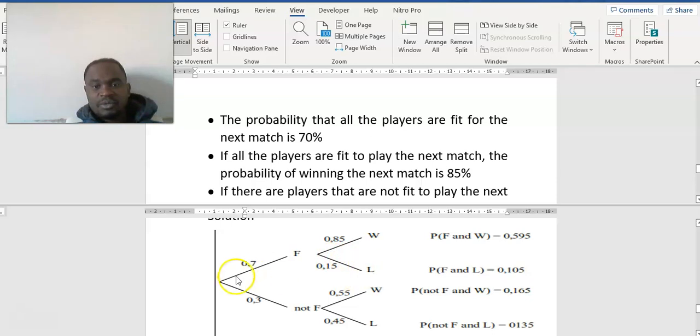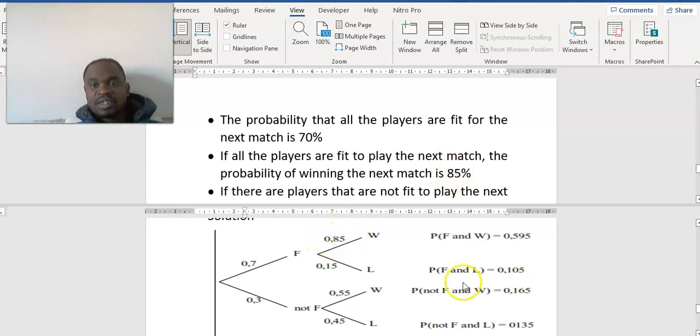Are we together? So the first match, the players are fit or not fit. The players may be fit or may not be fit. If they are fit, they may win or lose. If they are not fit, they may still win or lose. It depends. And the question says, if all the players are fit to play the next match, the probability of winning the next match is 0.85. So if the players are fit, the probability of winning is